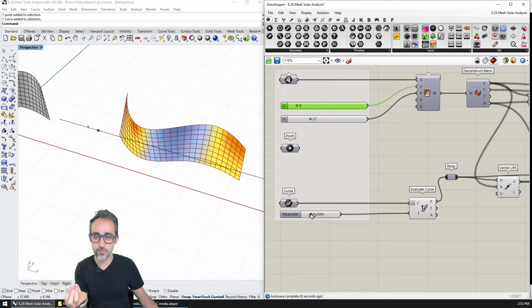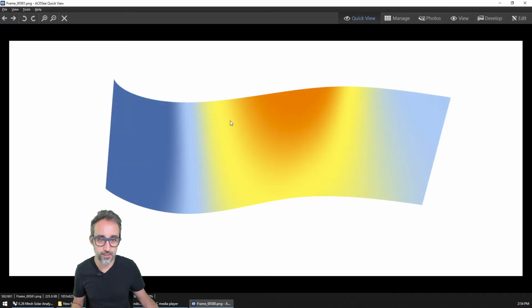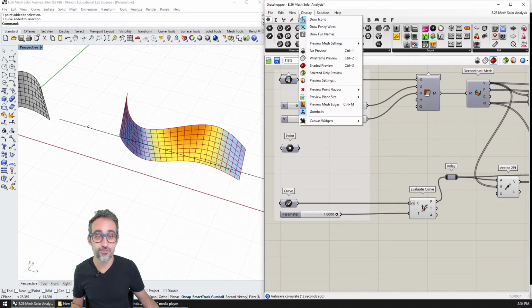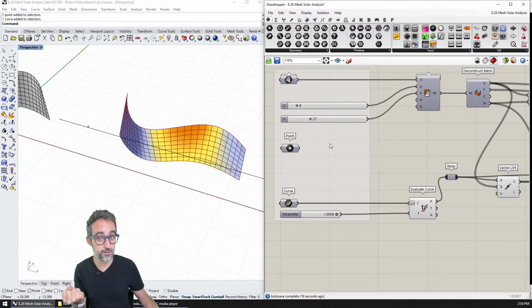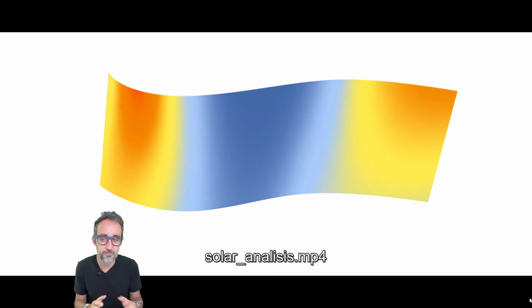And then what I did was I just animated this slider and created all the frames for the animation. The frames look something like this because I also turned off preview mesh edges for this animation, so that I didn't see the nasty red lines. And then the video ended up looking something like this.